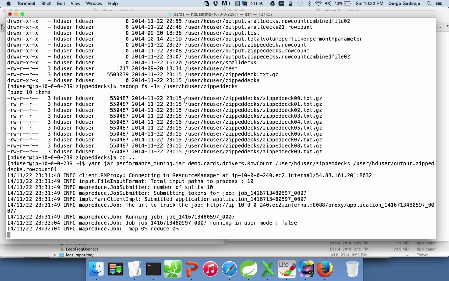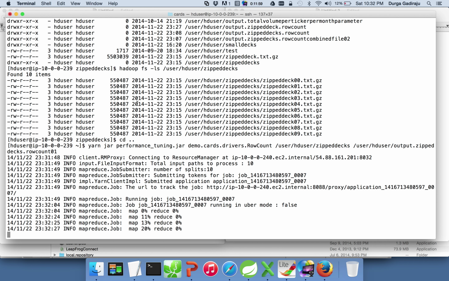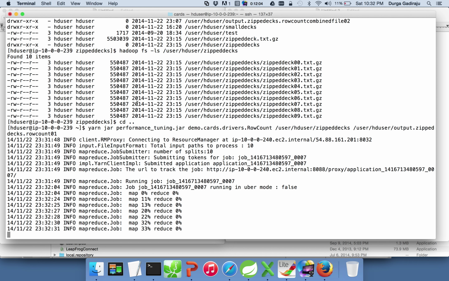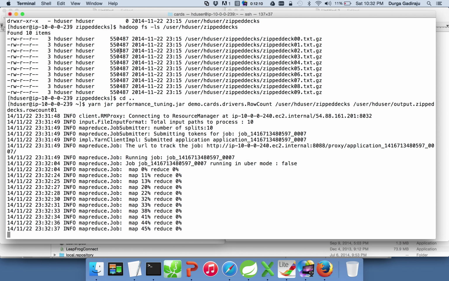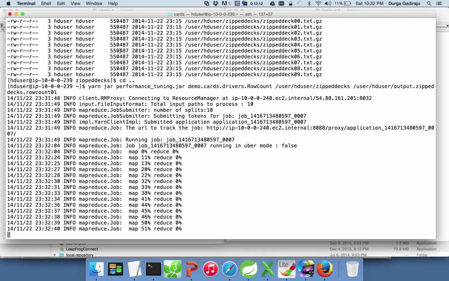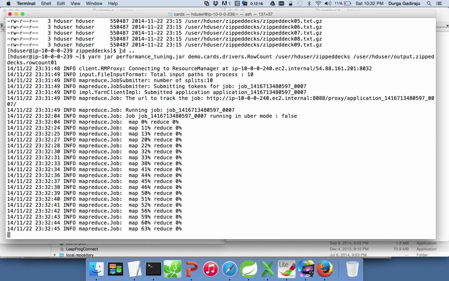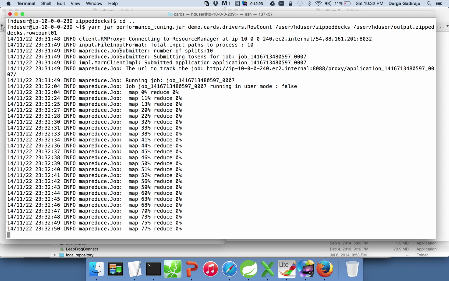In this case, each file is only 550 KB, but as you already know, our data set is a deck of cards, and as the data is repeated, as there are only 52 unique records and it is repeated many times in the data set, the compression rate is very high. So that's the reason why a 100 MB file is compressed to 550 KB, but in reality it will not be the case. You might get compression rate between 3x to 20x depending upon the duplicates in the data, but still you can use this idea